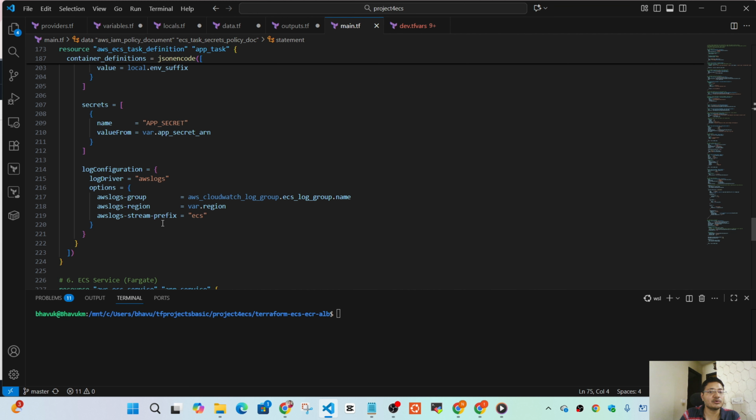So within the log group, you need to create an AWS CloudWatch stream as well. So I'm using a prefix ECS. Region is going to be US East 1 in my case, but you can choose any other region of your choice. Okay. Then here I'm specifying